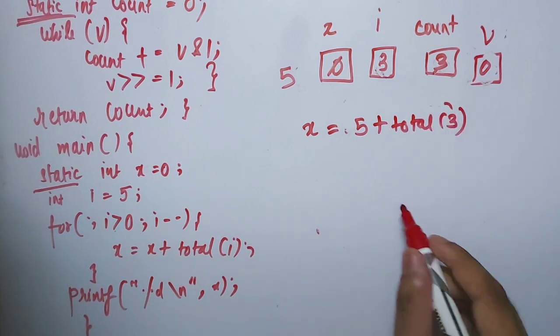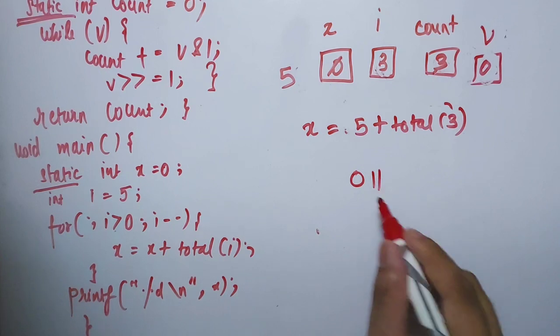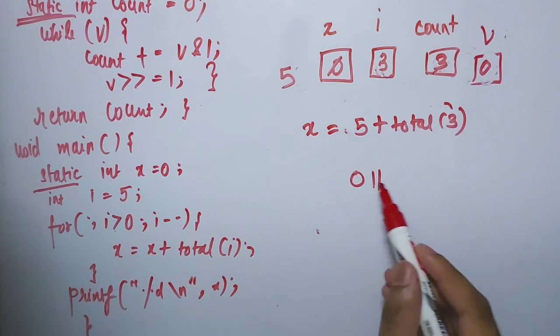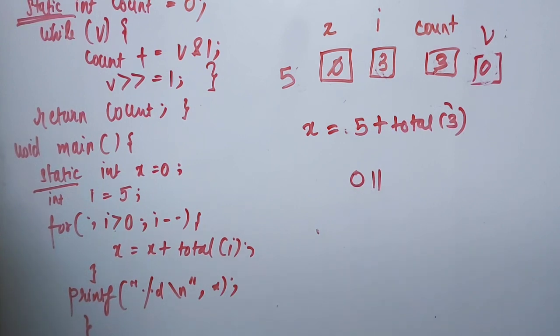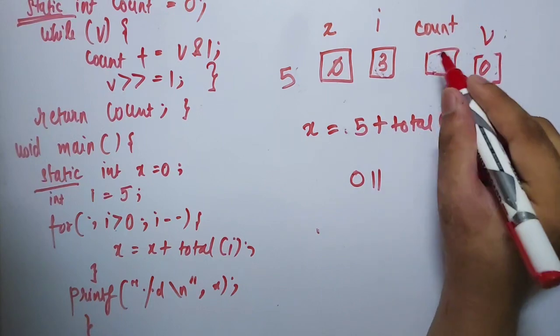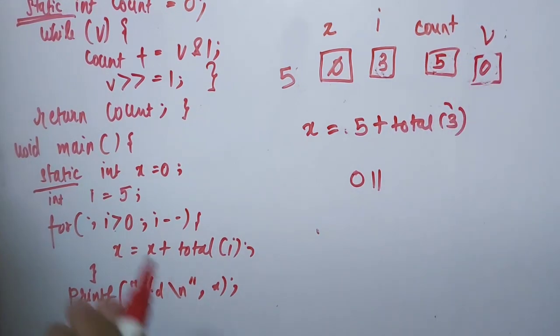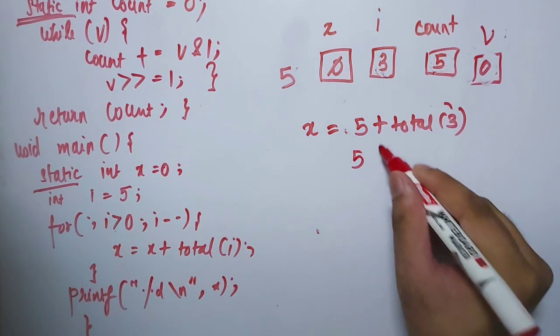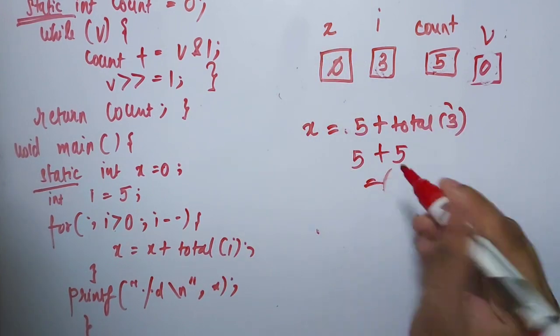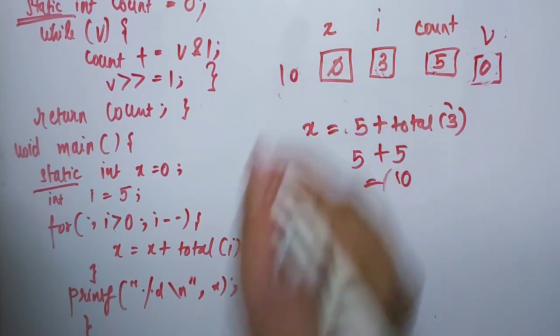Now if you will write the binary representation of 3, which is 0 1 1, we will see that there are only 2 ones. So on ANDing with 1, the count gets incremented 2 times. One is for this and one for this, if you right shift the number. So count gets incremented by 2. Now count's previous value was 3, so the new value of count is 3 plus 2, which is 5, and at last it will be returning the value of count. So 5 plus 5, which is 6. Sorry, 5 plus 5 is 10. So now the value of x is 10.